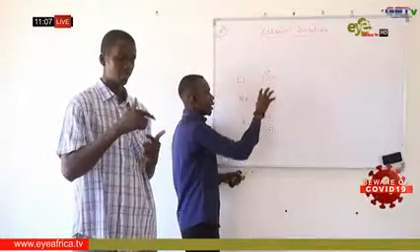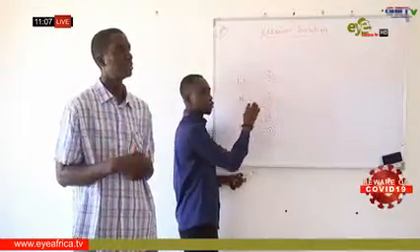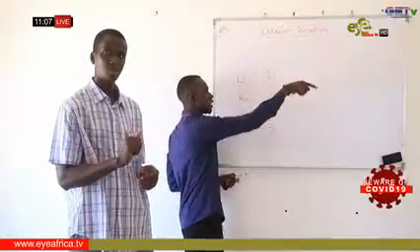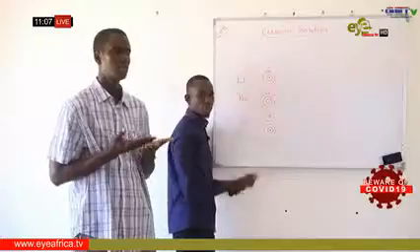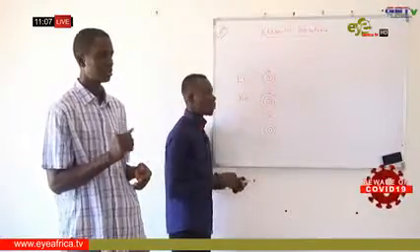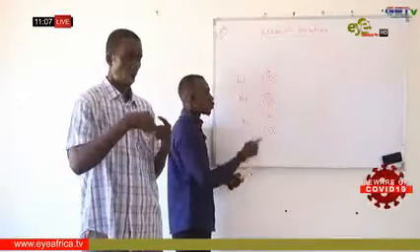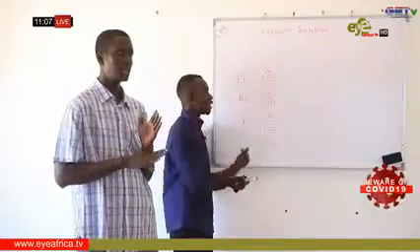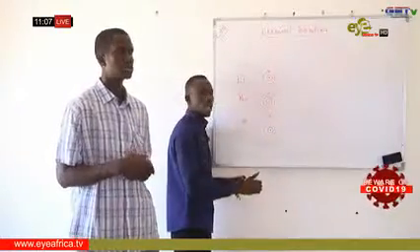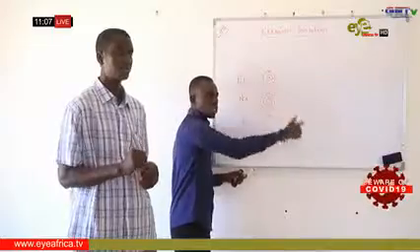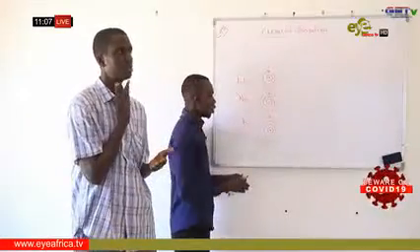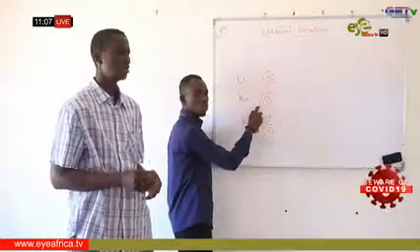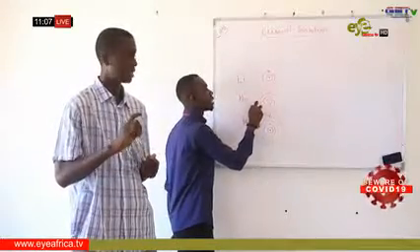shielding effect. Again, if you compare lithium and sodium, sodium can easily donate its valence electron more than lithium, because sodium has more shells. If you have more shells, there is less effective nuclear charge. And when the effective nuclear charge is less, the elements will tend to easily donate their valence electrons. So here we can say potassium is more metallic than sodium. Sodium also is more metallic than